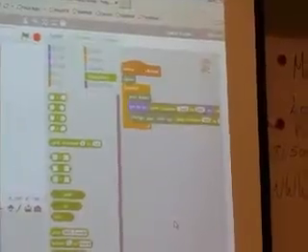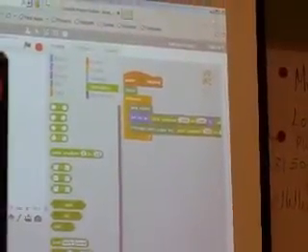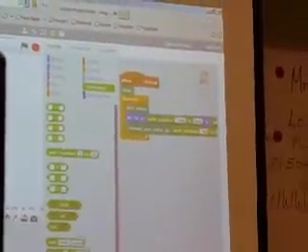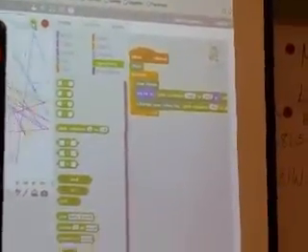So when you have all of your code in there, and you want to test it out, this is the test area right up here. Notice it says when the green flag is clicked, and over here we have the green flag. So when you click that,